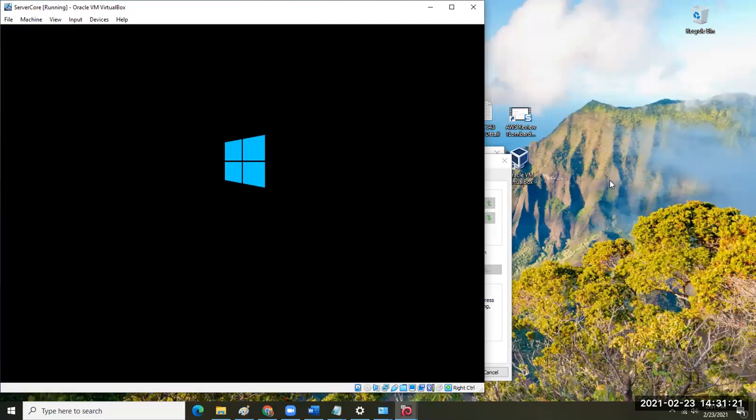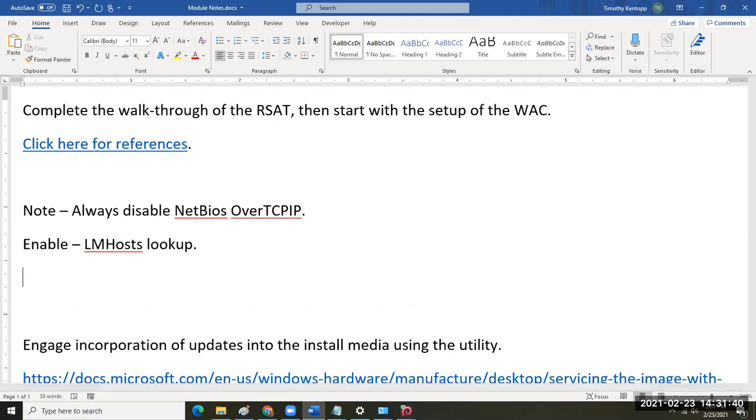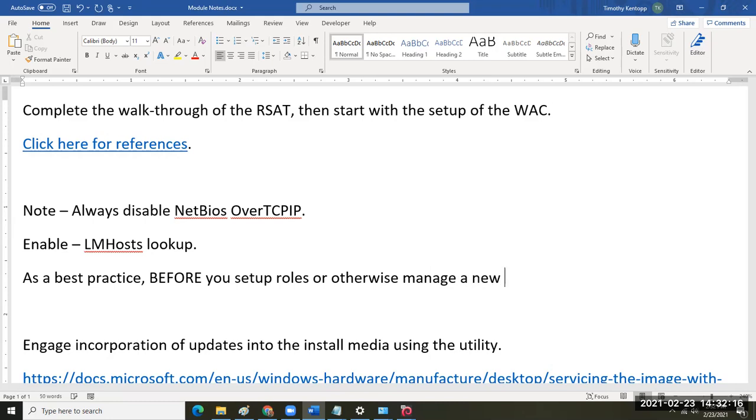Okay. So once again, you want to start your own server core. And in just a moment, when you log in, we'll follow up with this. So we're talking about automating installation and configuration. One of the things you want to do is, before you set up roles or otherwise manage a new system,